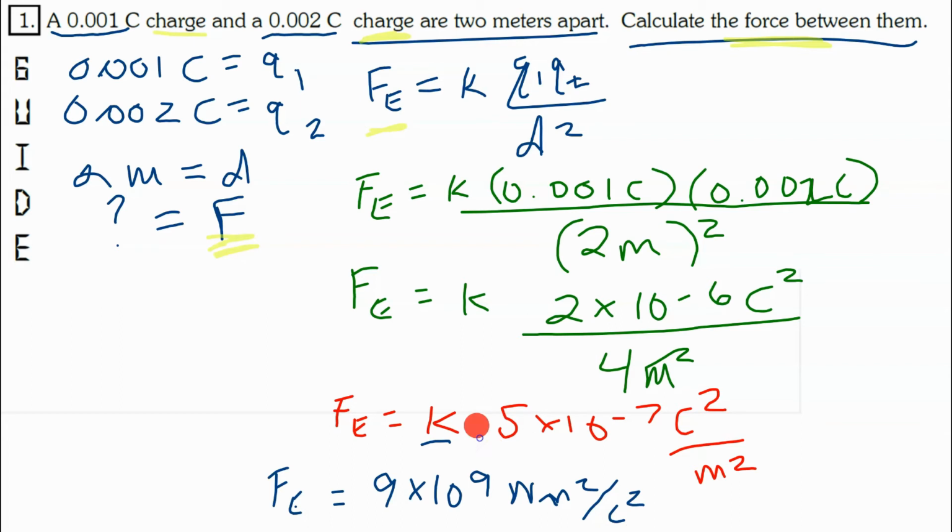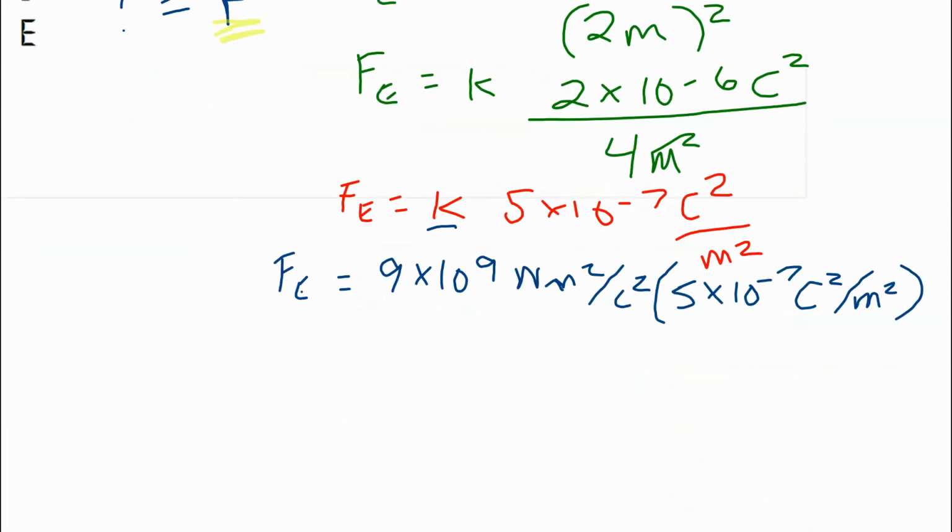Now I need to have this number to multiply. So I'm just going to put a parenthesis here. 5 times 10 to the negative 7 coulombs squared per meters squared. So I slid this up to give myself a little bit more workspace. Now what I'll be doing is this number multiplied by that number. Alright, so I probably already have this number in the calculator, so I can just multiply by that. So times 9 to the 9th, and that gives me an answer of electrical force